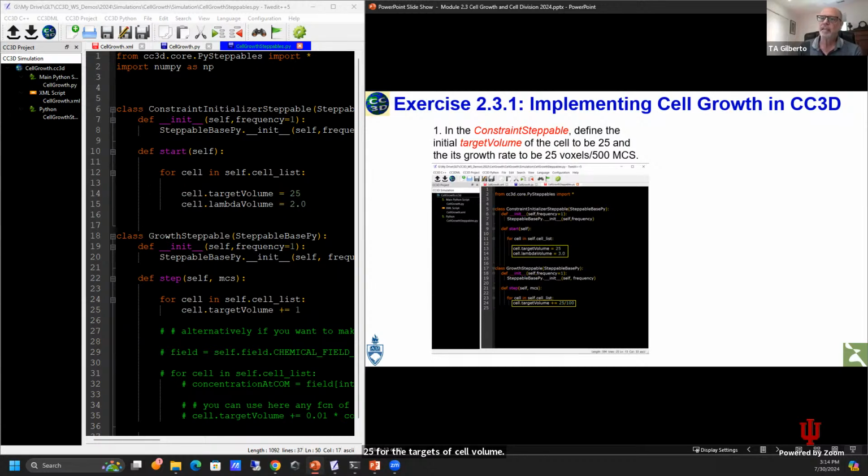And see, it is inside a loop in case your simulation has more than one cell. Our simulation will have only one cell at the beginning. So this loop is self.cell_list. It's a list